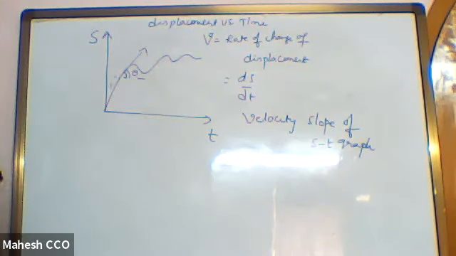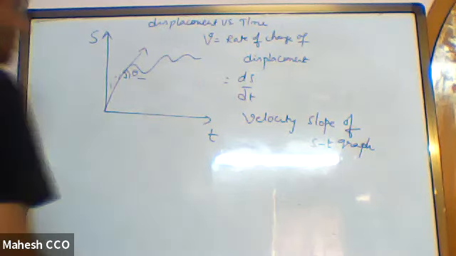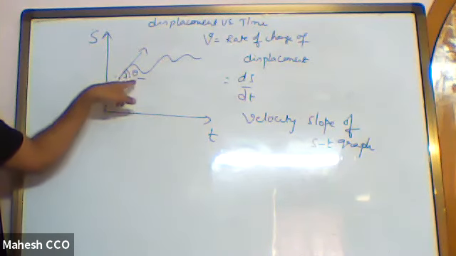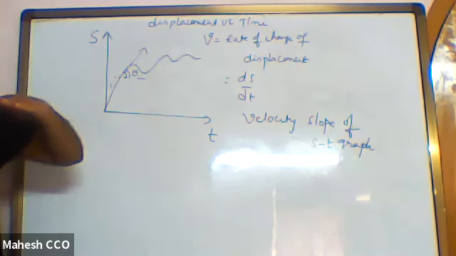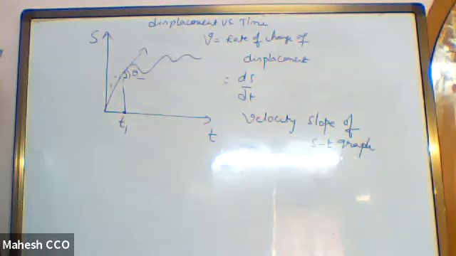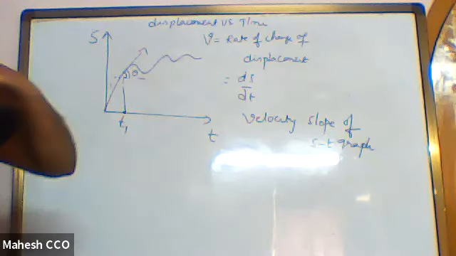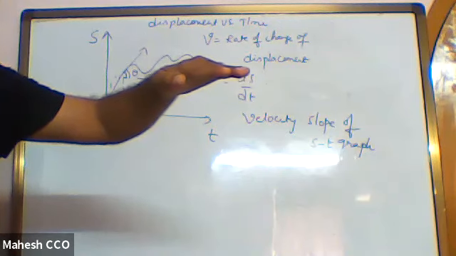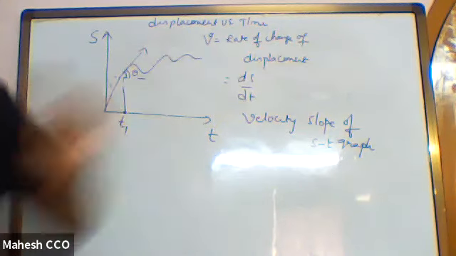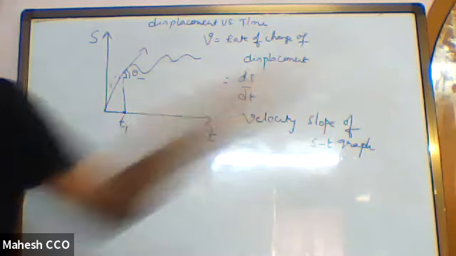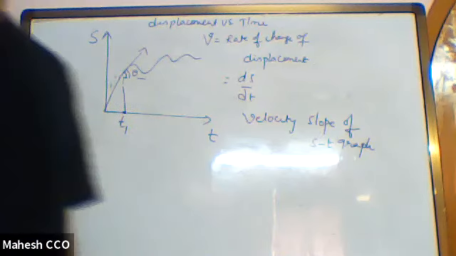If that angle is theta, tan theta is the slope of this tangent. So here theta is positive, so tan theta will be positive. So here I can say the velocity is positive. What is the meaning of this? At this particular time, t1, the particle is moving forward. The particle, which is moving along one-dimensional motion, is moving forward. One dimension is simply straight line motion, please understand. Moving along a straight line is called the motion in 1D.